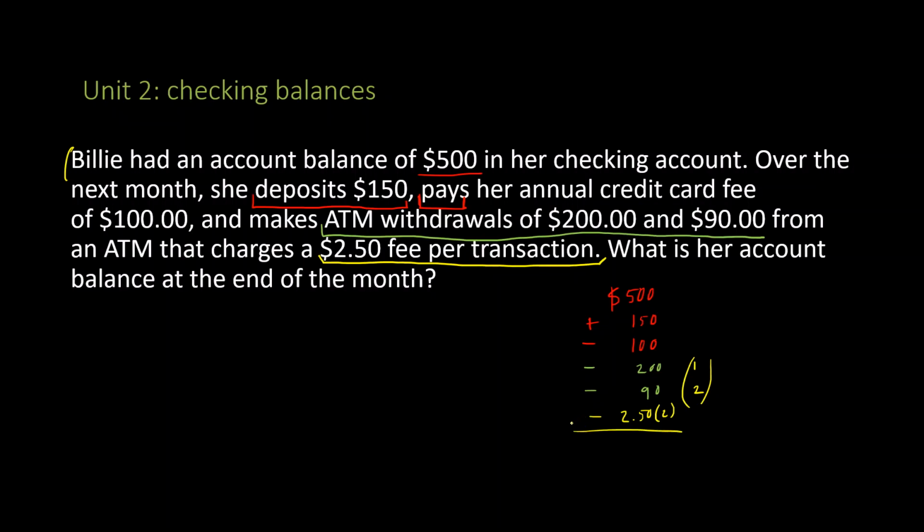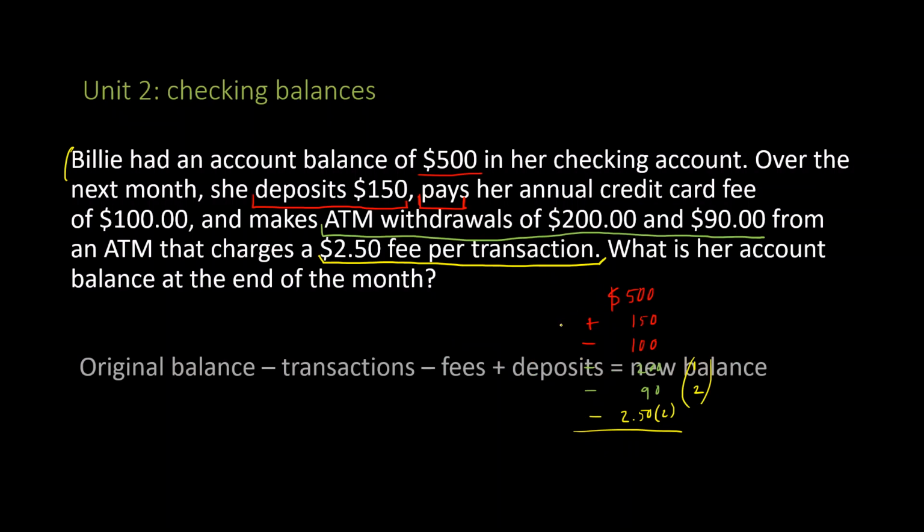as her ATM fee. So here's our problem all set up, and then it says, what is her account balance at the end of the month? So now I just need to simplify, and I get $255. So recognize here what vocabulary is associated with adding and what vocabulary is associated with subtracting,